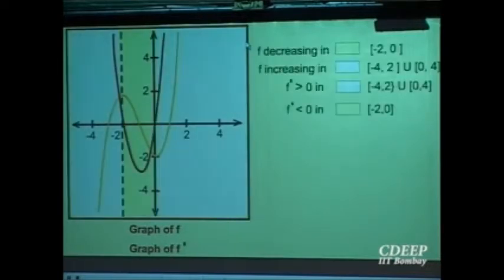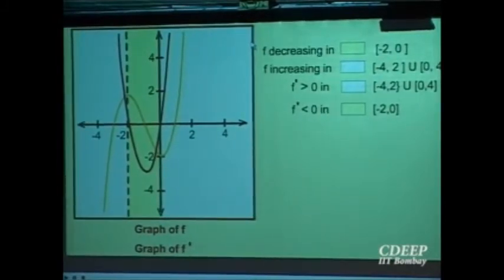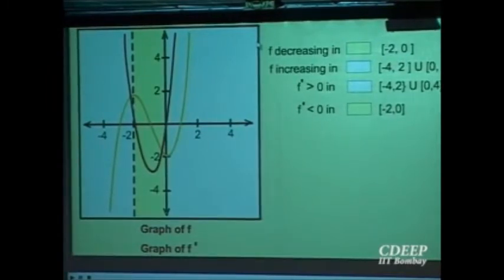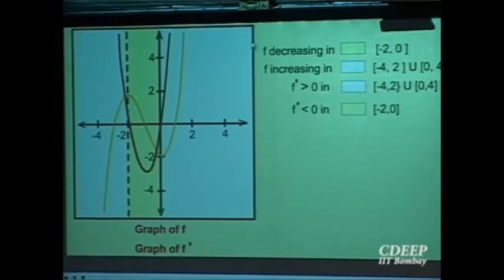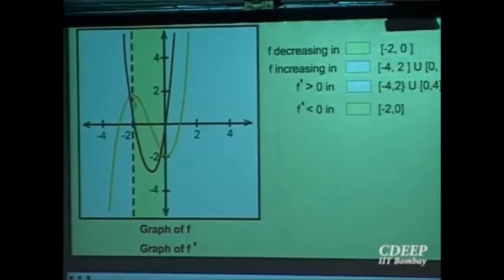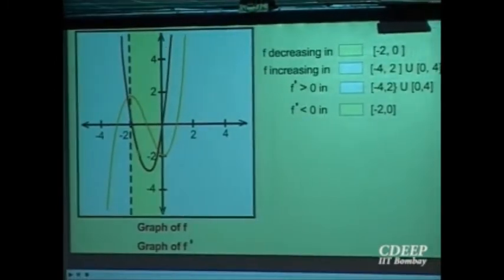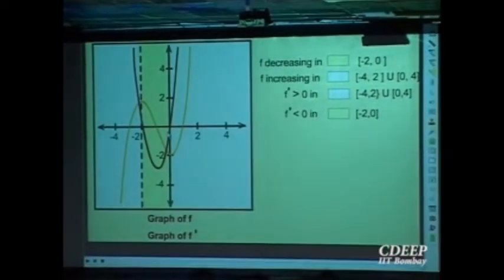The yellow is the graph of the function, and orange or brown is the graph of the function derivative. Then you can see the property. Wherever f prime is bigger than 0, the function is strictly increasing, right? In the yellow portion it is decreasing. So it's self-explanatory, you can see. Okay? Quite clear? So this is increasing here, so the derivative is positive here. Similarly, here the function is decreasing in this portion, so the derivative becomes negative. Okay? This is just to illustrate, just to fix the idea in your mind.